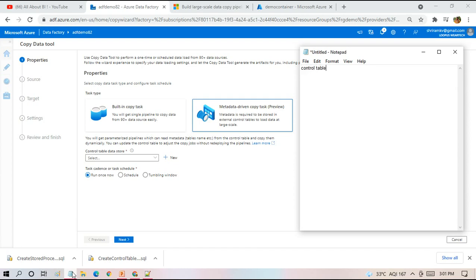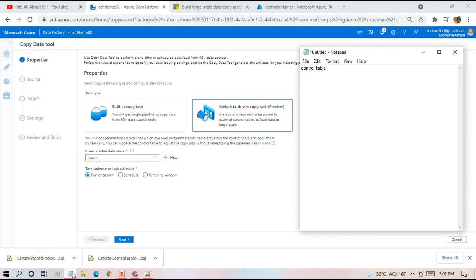In our earlier sessions, we have discussed a lookup table or lookup file, wherein we used to store information of the sheets to be copied with respect to Excel, or tables to be copied with respect to SQL database and all. Literally we had a lookup file or lookup table which told the pipeline from where to take the source data from. Similarly they call it a control table, which is going to control the copy activity end to end.